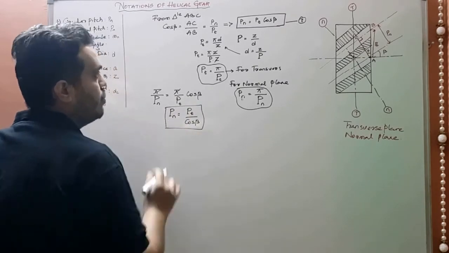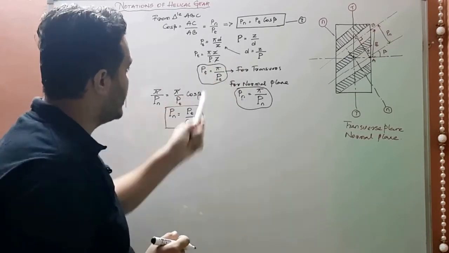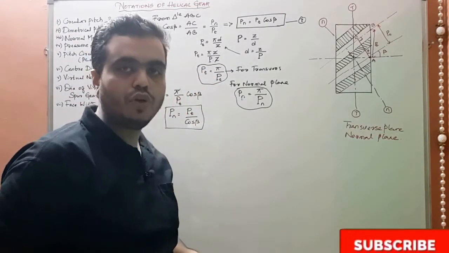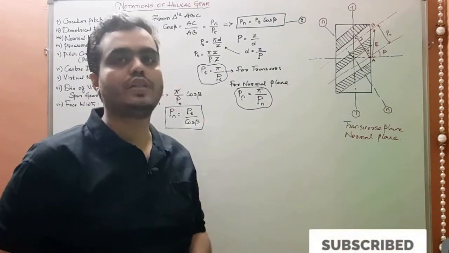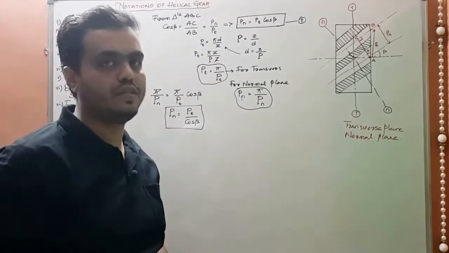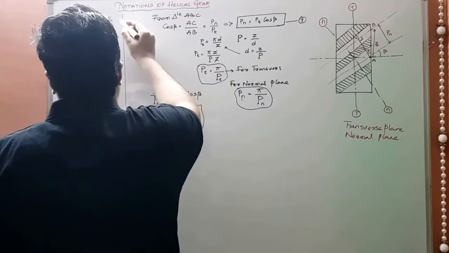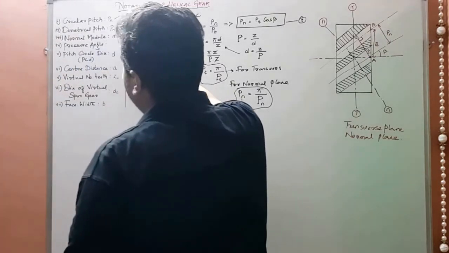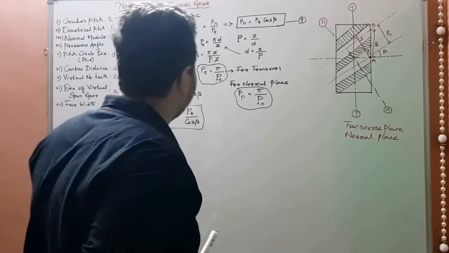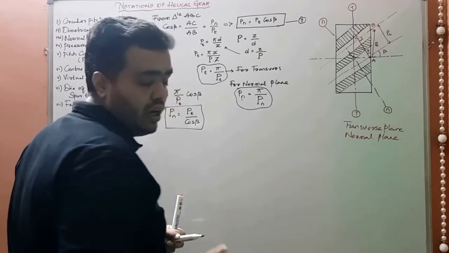You just note down what I have worked out in the equations. Those equations you will get in the data handbook. You just have to refer to page numbers 23.48 and 23.49. You will get all the notational equations of helical gear, right? So this is how we determine the circular pitch as well as the diametrical pitch, right?